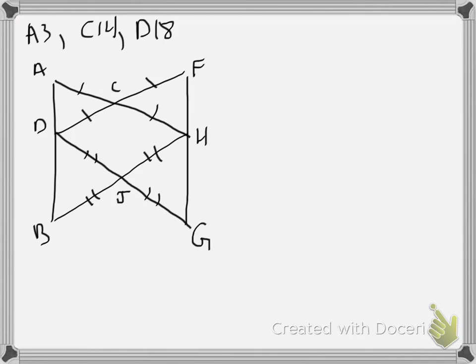Okay, so the third statement to check is FH congruent to AD. FH here and AD here. Well, we do a little bit of thinking here, so that's what they're asking. If we notice that this angle here, angle FCH and angle ACD are the same, then we can actually say triangle ACD is congruent to triangle FCH